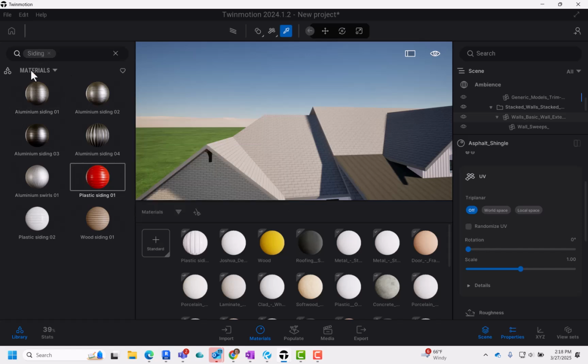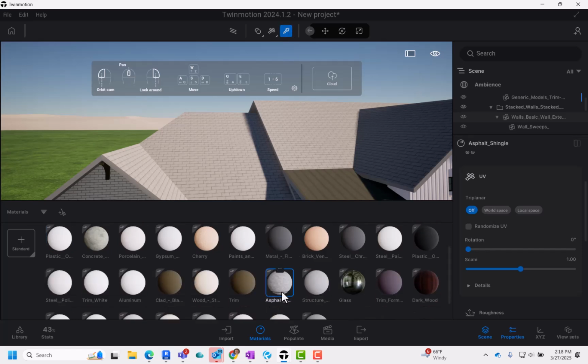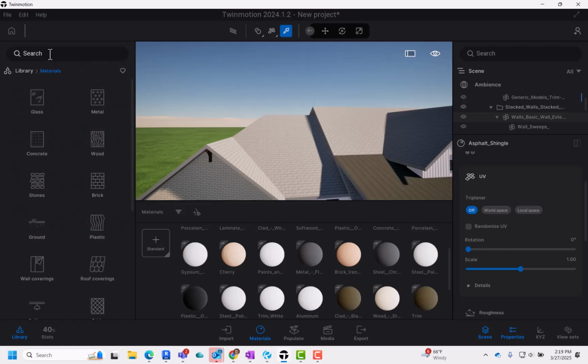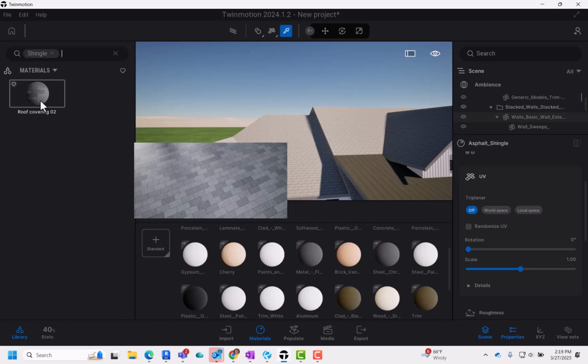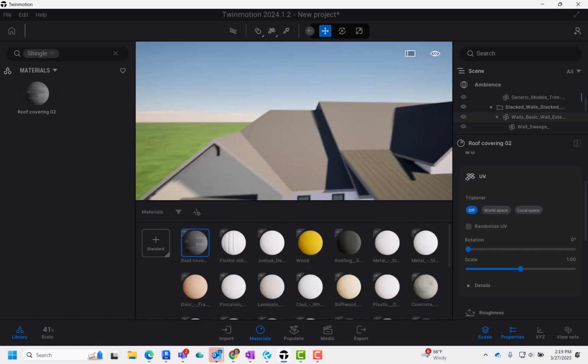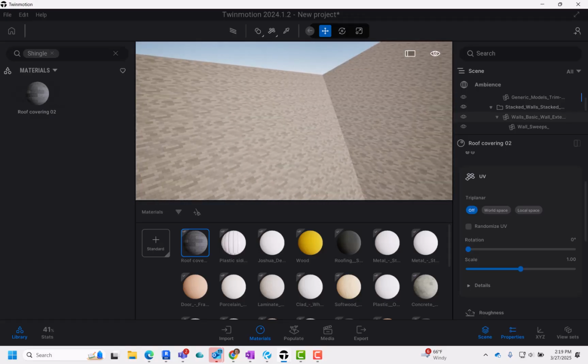So over here is all the materials in the library, and over here is all the materials in your project, and you can edit them either way. If you get access to it from here, you still have access to the properties. Let's close this down and see if I can find, there it is, there's the shingle that came in, and I'd rather have a better one, so we'll look for shingle and search, and there is this one, which really isn't too bad, so we'll just do the same thing we did before. We apply that, and you can see that it is making the adjustment everywhere,